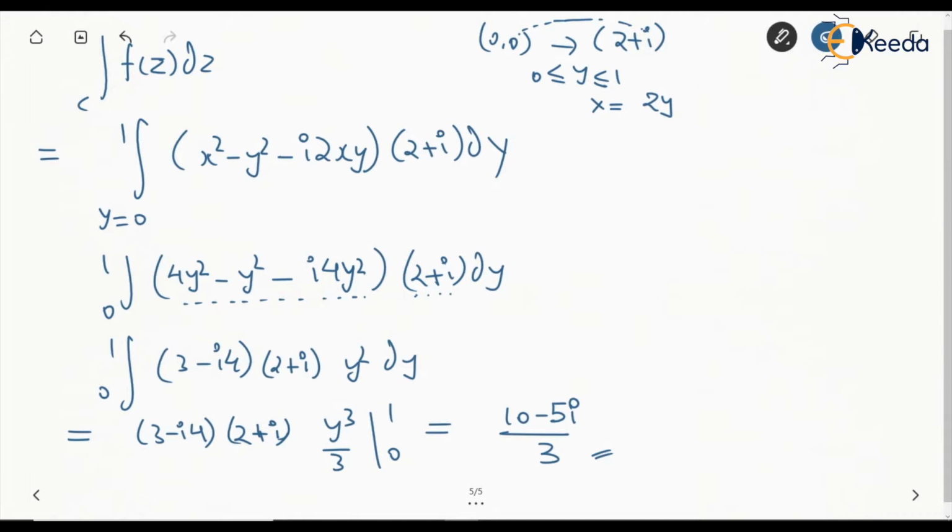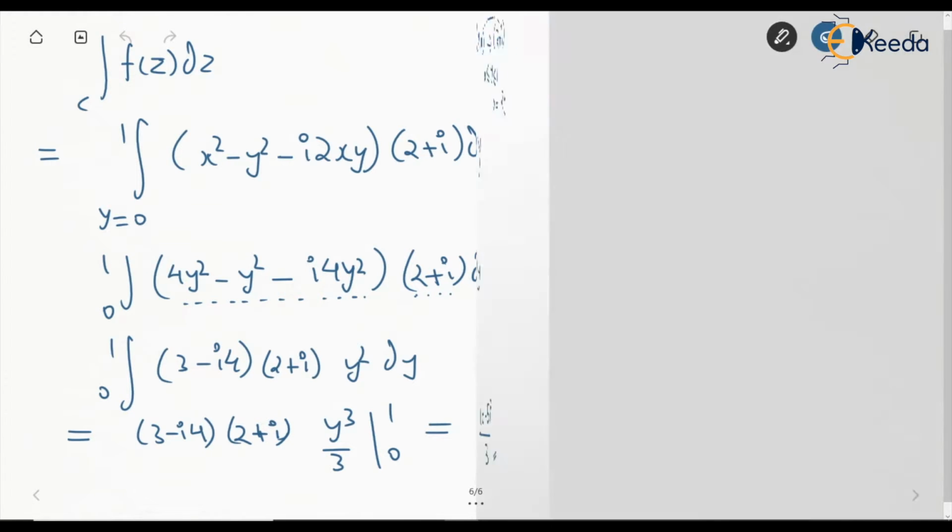We also have a second part which says that we have to integrate it up to, so let's see what it is. It says we have to start from 0, 0, that is the initial point. We have to move up to x is equal to 2, so this is 2, 0 on the x axis, and then vertically we have to move to 2 plus i, that is 2, 1, right?